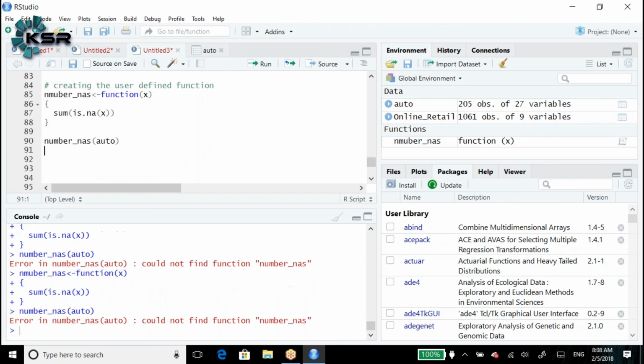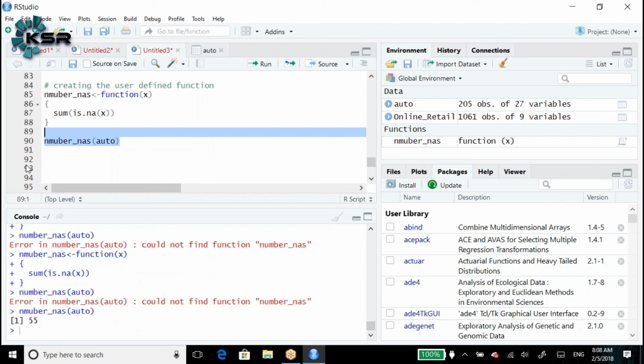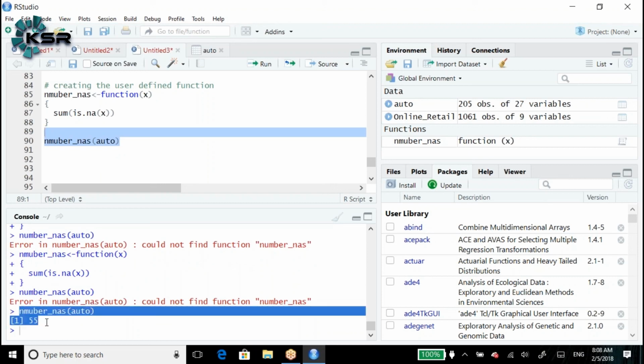We have to get it, right? Could not find function number of NAs. While declaring the function, I made a spelling mistake in number. Sorry, yes, the spelling mistake I've written. So the total numbers are, this is how we will get to know.